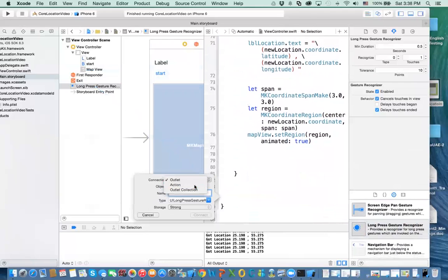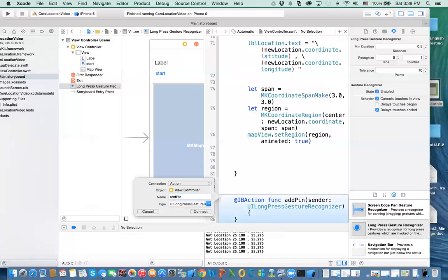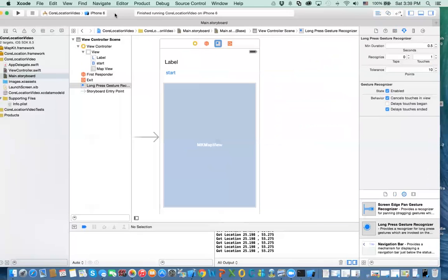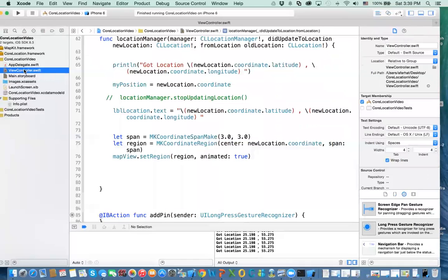Okay, and it's an action. And you can make a gesture. All right. And add pin. And the duration of this gesture is 0.5, which is half a second, which is fine. All right. Now we go back to the code. When you go back to the code,